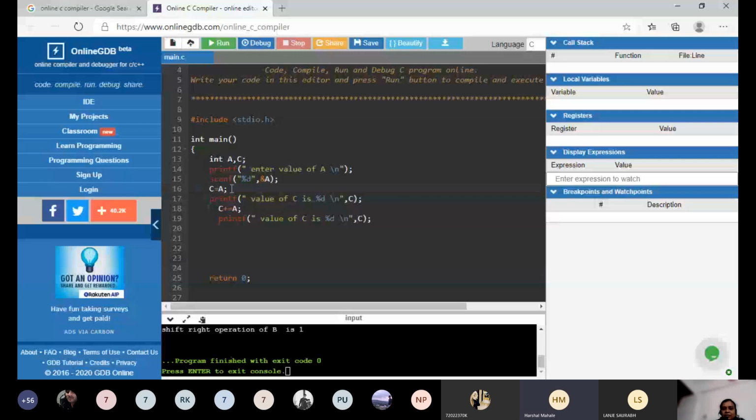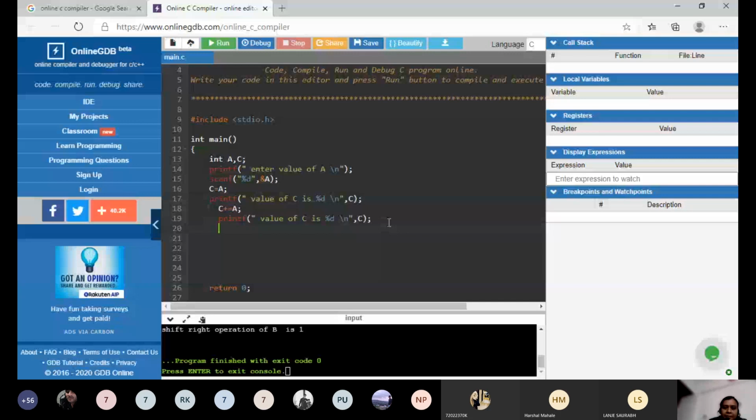C equal to A, 3. In the second command, what value should you get? 6, because now the C value becomes 3 and you are using the operator plus equal to A, so it should become 6.